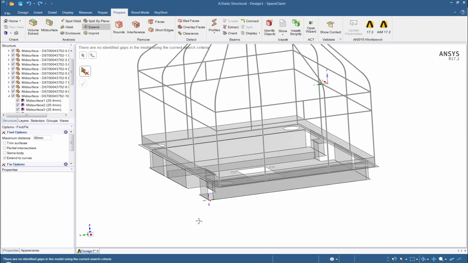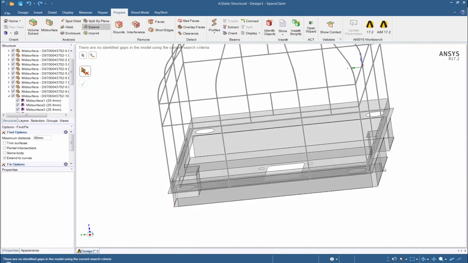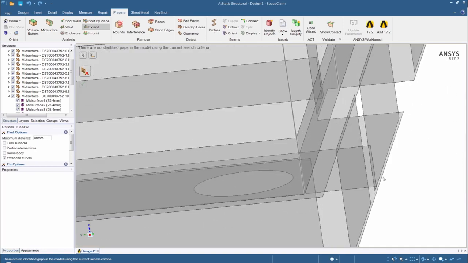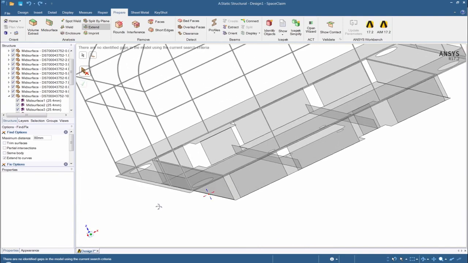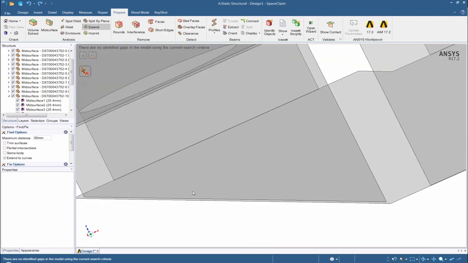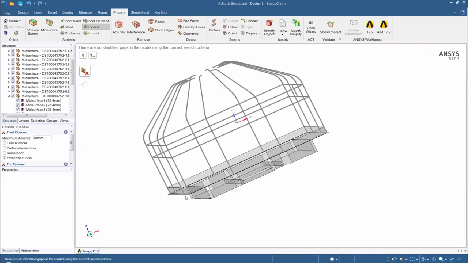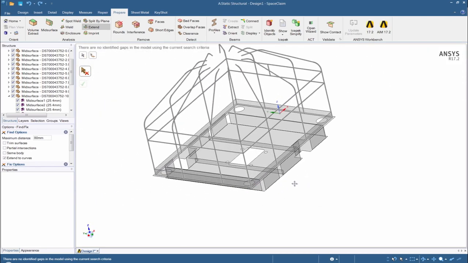I've been noticing as we fly around the model that there's these little tiny overhangs in certain areas that'll give us real trouble when we go to mesh this part. So you notice it's on this side. If I fly around and look over here, I bet you we're going to see them down in here as well, and we do. So SpaceClaim's really good at going over an entire model and finding those areas of trouble